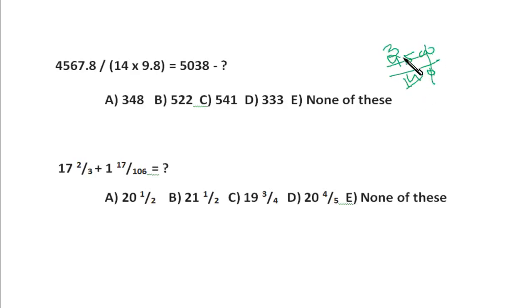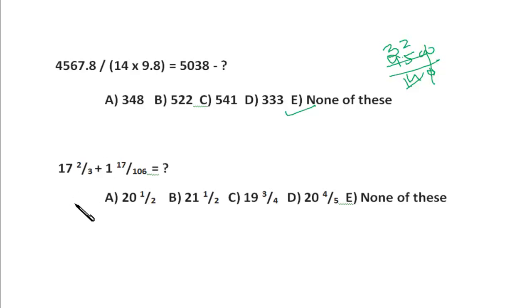It is 32 point something, right? And on the right hand side you have 5038. So from 5038, what would you subtract to get 32? None of the options. Getting my point? Because if you subtract around 5000, then only will you get 32 something. So all the options are very far from the required answer. So it's none of these. No need to calculate further.